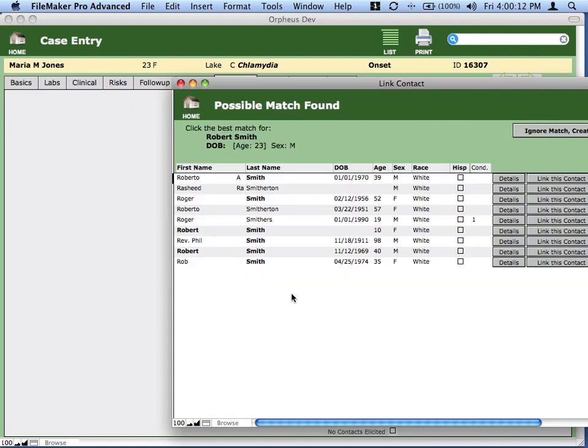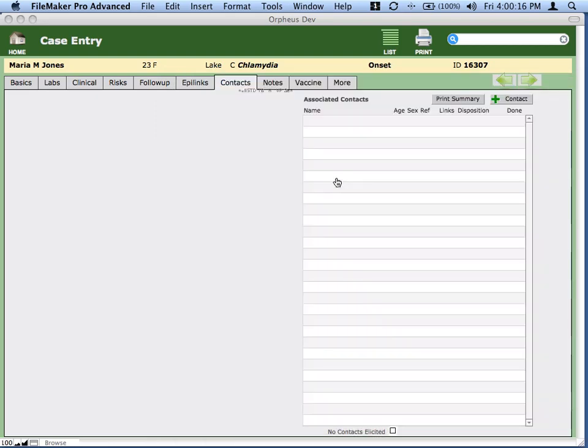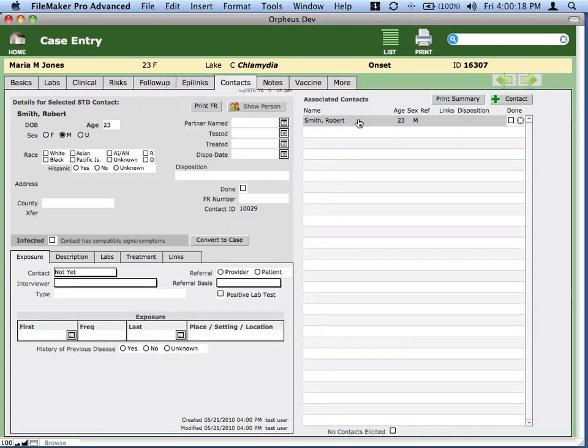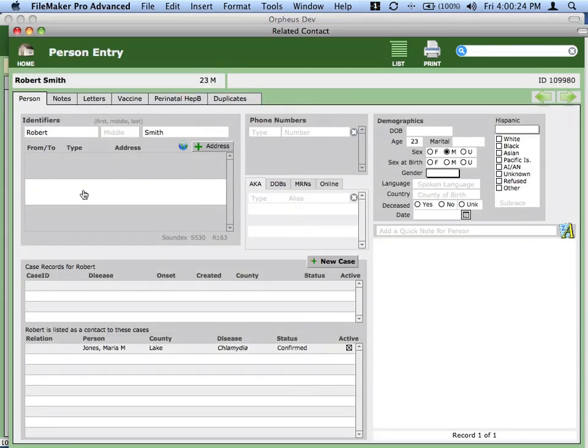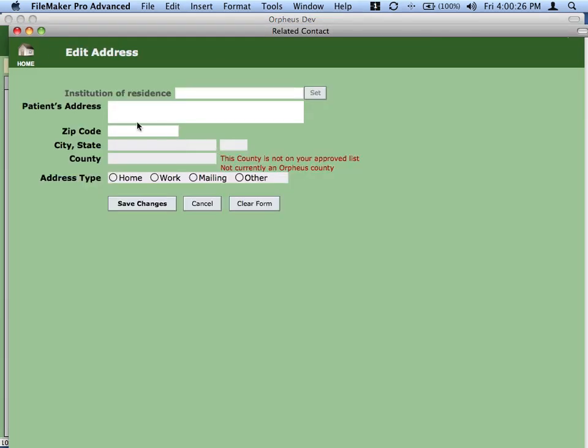Okay, so it has a bunch of possible Robert Smiths. None of them look like they're the right age. I'm going to make a new one. And so this Robert Smith, we don't know his address. So if I went to his person record, if I clicked on the address part here, and I added an address for him, and let's say that his address used to be